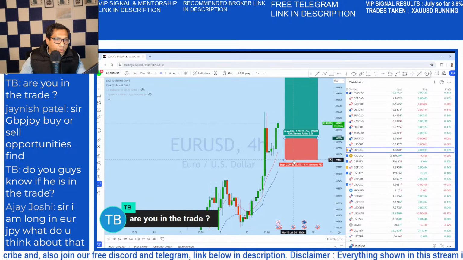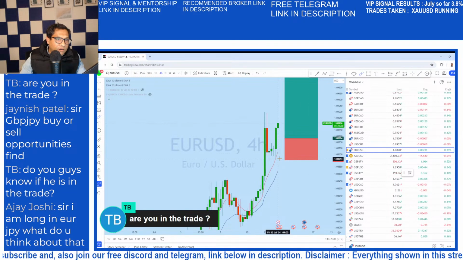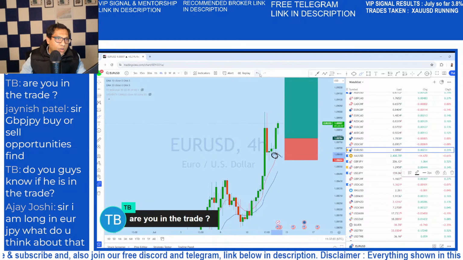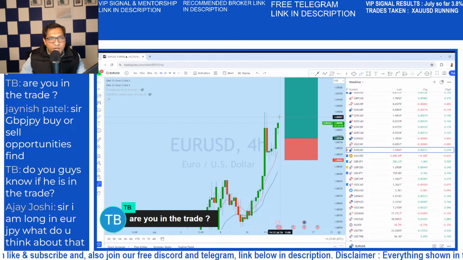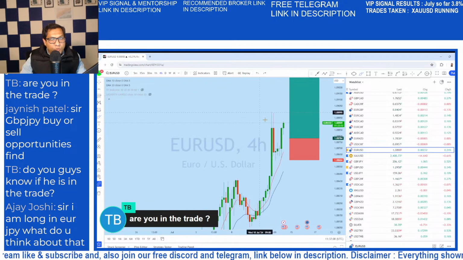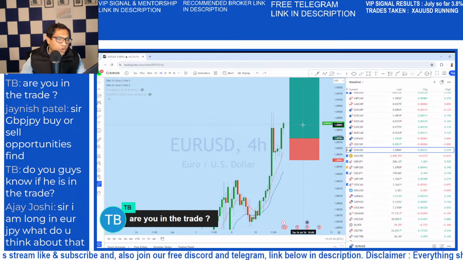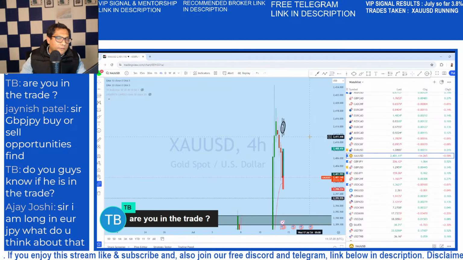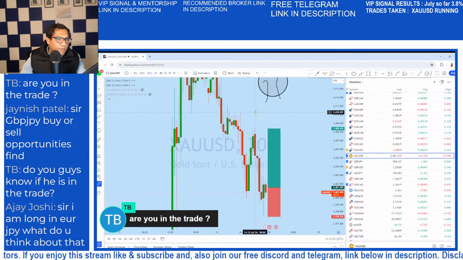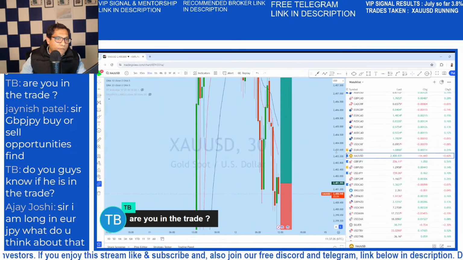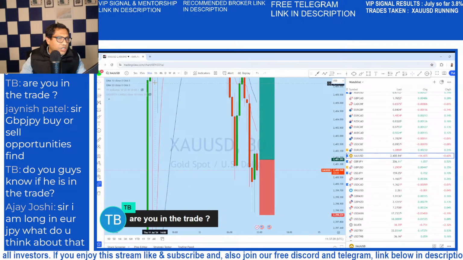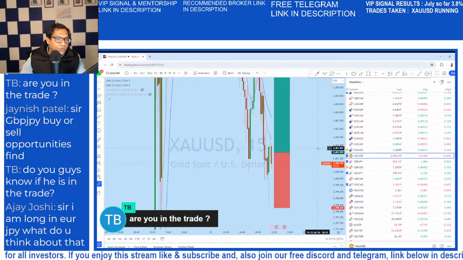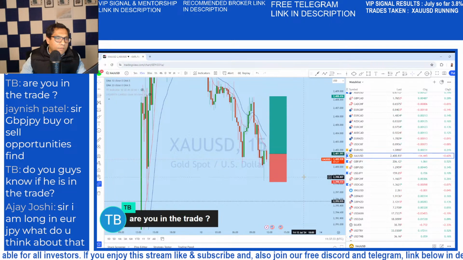And the reason we are bullish on euro dollar is because it grabbed the liquidity here, and with that liquidity candle formation, we can see the market has made its move towards the upside. So euro dollar is in a bull move, and we are bullish because of that. Let's see what's happening with gold. Okay, so you can see gold, after this rejection, we want to see that the market managed to bounce.